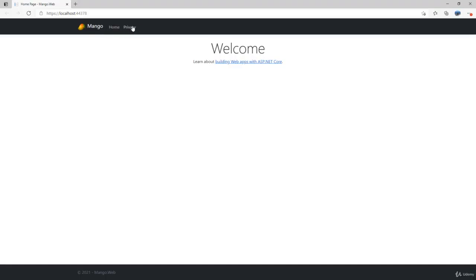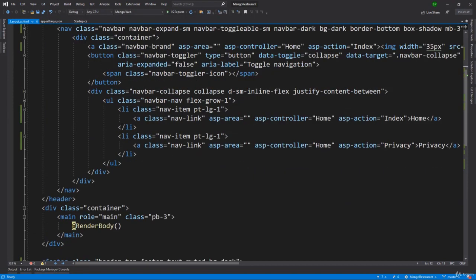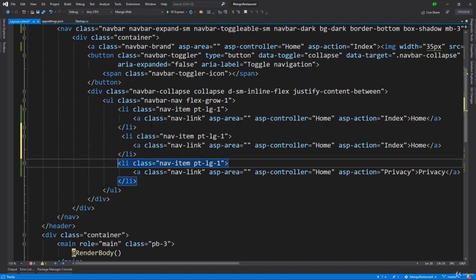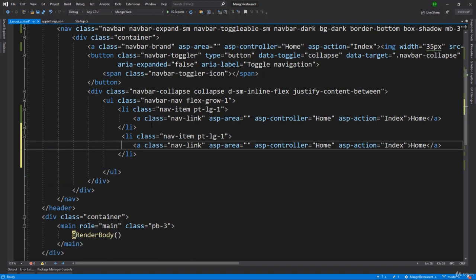Now we want to add a new tab here for product. So let me close it here. Let me copy this home and paste that one more time. Actually, I will remove the privacy. We don't need that. So the controller name will be the product controller, and in there we will have the